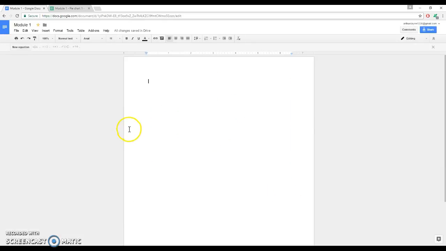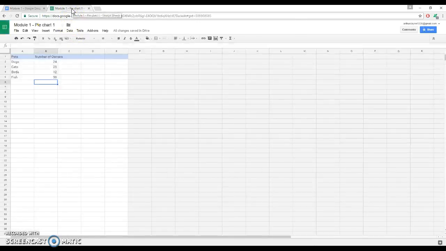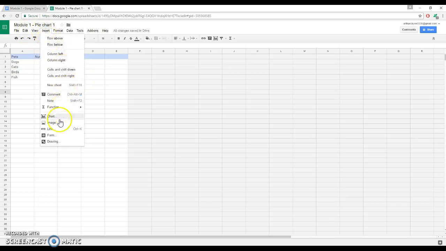And of course with those as well, you can modify them as you go. So if you go back to your Google Sheets, for example I could change this to 13, click that, Insert, Chart,